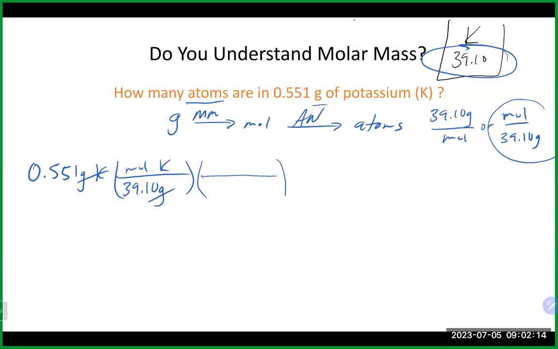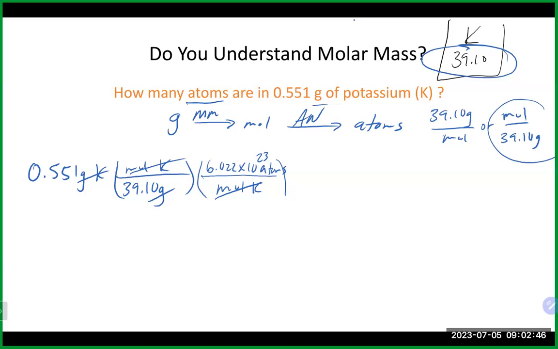In this case, we actually want moles to cancel. So we want the moles on the bottom of potassium and actually Avogadro's number up on top so that the atoms remain. So this way the moles will cancel in this case. Once again, we're going to multiply everything that's on the top, making sure to use our exponent button. So 0.551 times 6.022 exponent button 23, hit equals, divided by what's on the bottom, 39.10, hit equals,